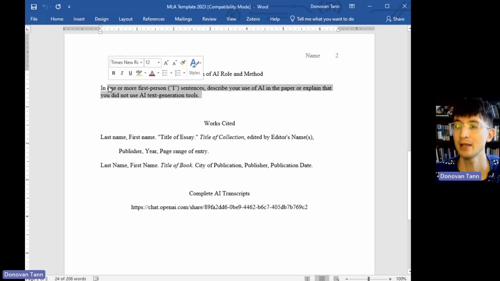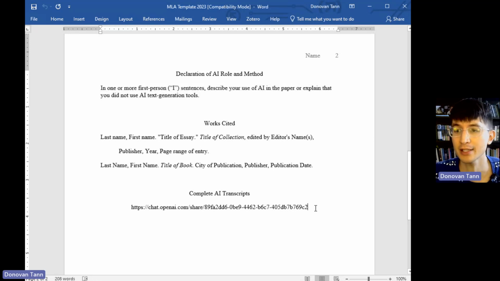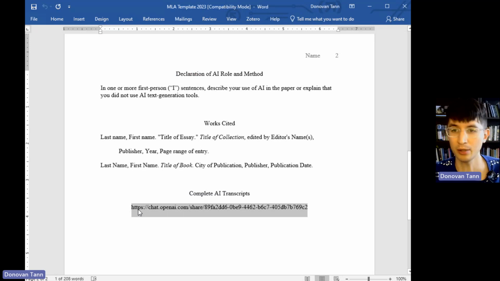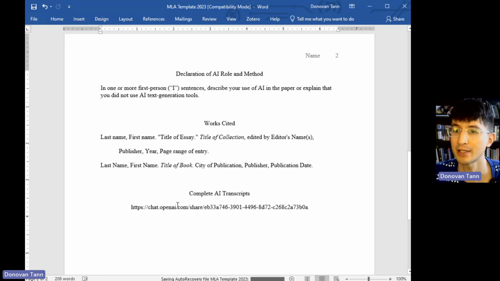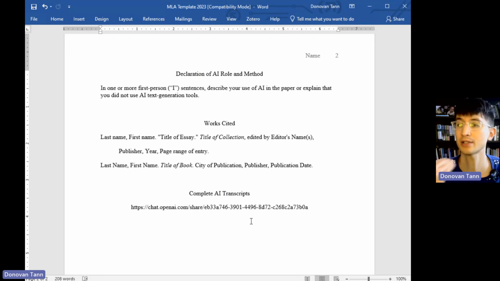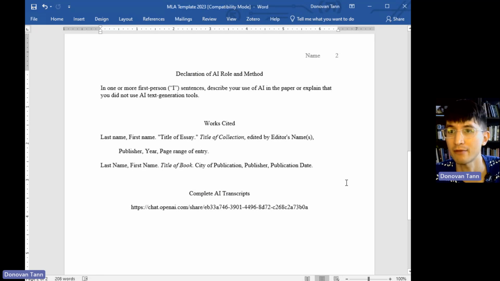Here's where I would describe the fact that I used AI to generate situations as part of my brainstorming process, right? Naming that specifically allows me to know exactly how AI is contributing to the work of your paper. For the transcripts here, I'm going to include my own link, right? And you can test this link, you can copy and paste it on your own. That is going to take you to that exact chat, right? So if I'm the instructor and I want to see what prompts and information you are receiving through the AI, that's going to be exactly how we find that.